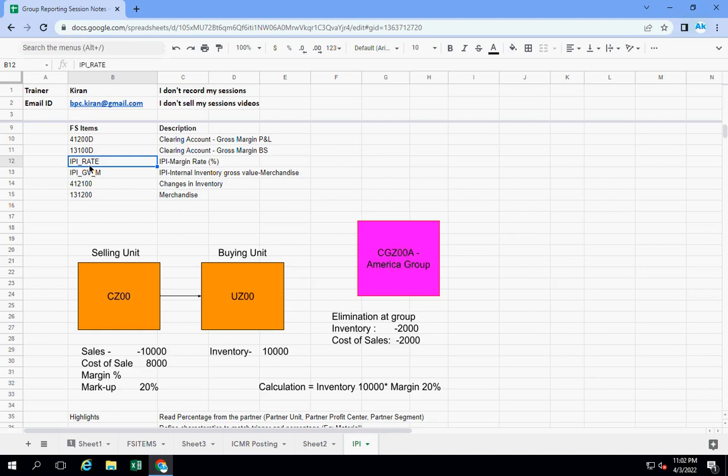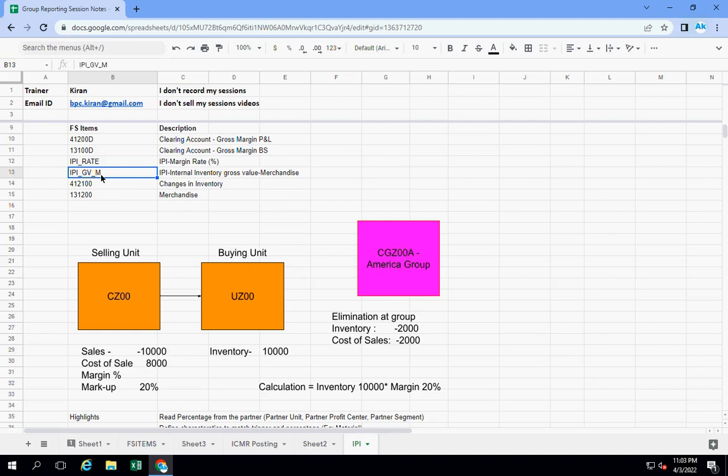I will explain the configuration. Then I will tell you how to create that breakdown category, how to create this particular FS item in the FS item list. And also there is one FS item which is stat account, IPI gross value M market. So IPI GVM, IPI internal inventory gross value merchandise, right? So this account I need, this is not coming from your